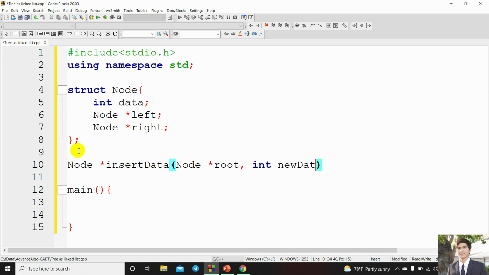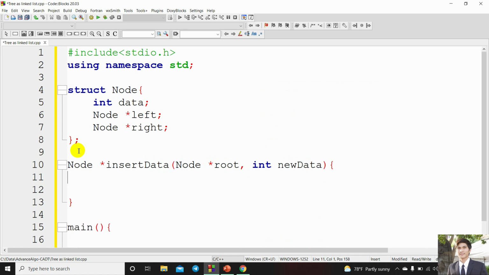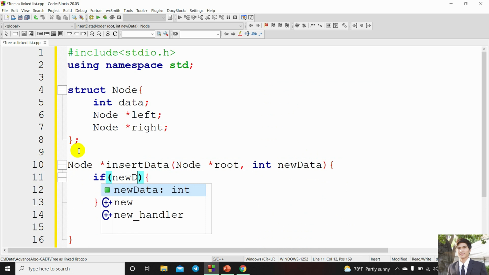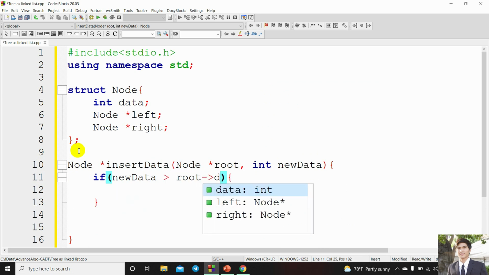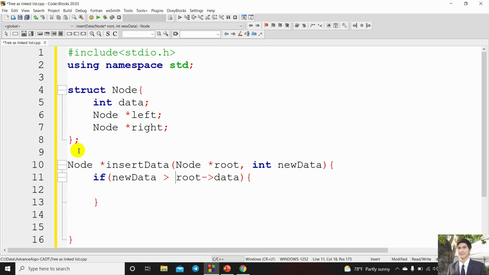Okay, new data that we want to insert into. So in here, what we are going to do is, based on the rule of BST, check a condition. Let's say I check first if our new data is greater than the root data here. This is how we access the pointer data, right? And then we check if it's greater. It means that we go to the